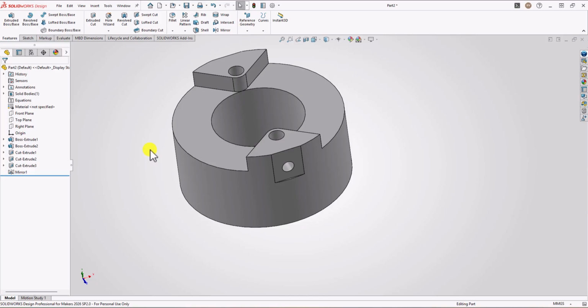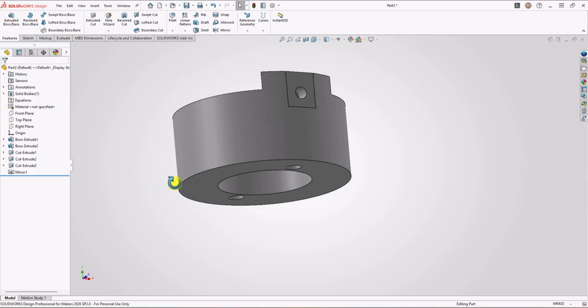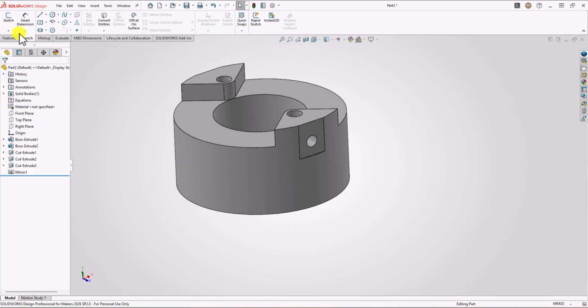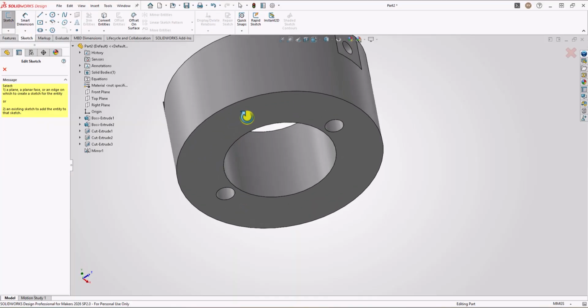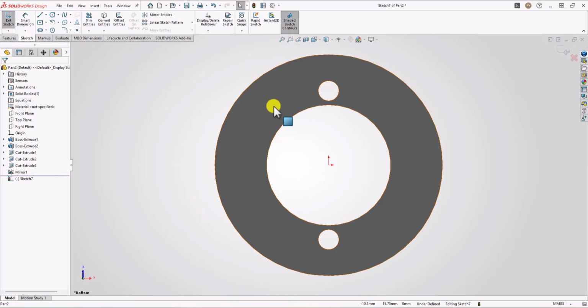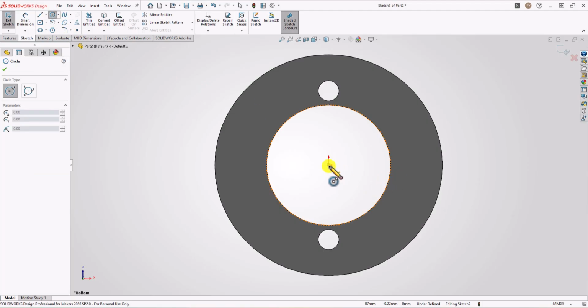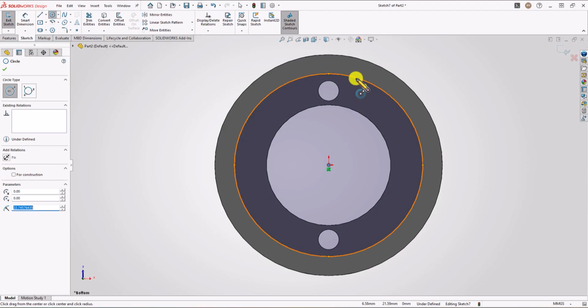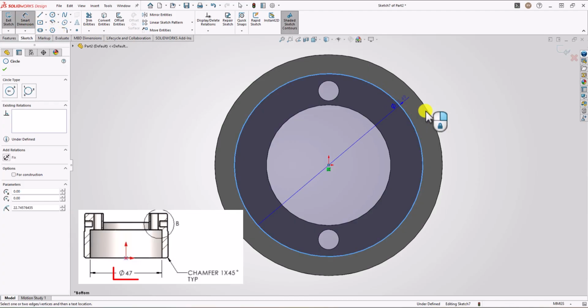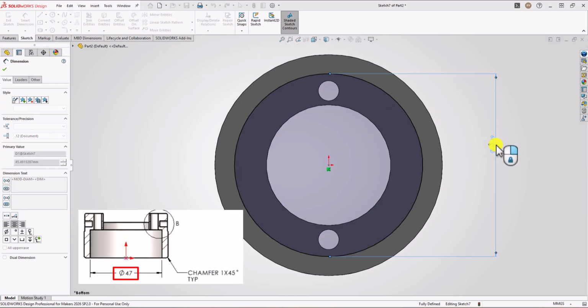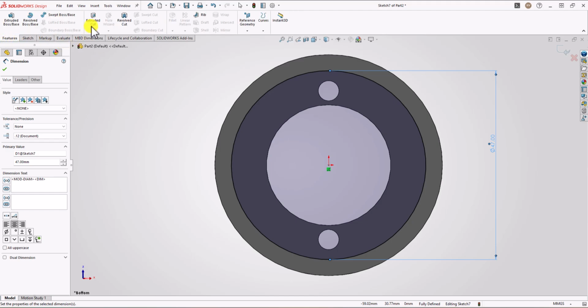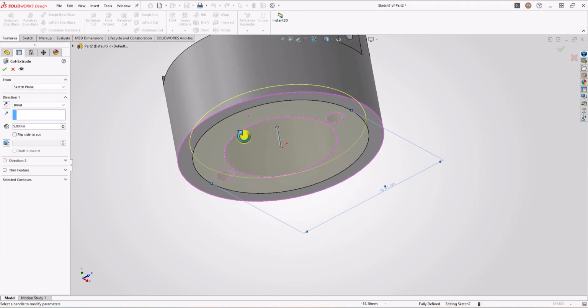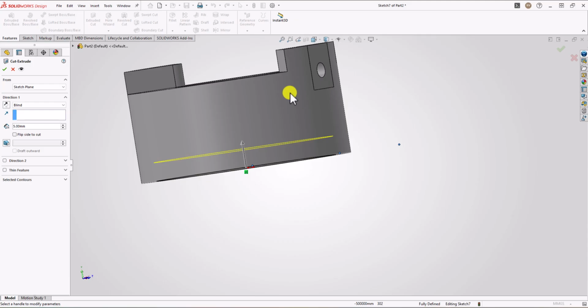Now it's time to make a cutout on a bottom part of the geometry. Click on a sketch, and rotate the geometry and select this bottom surface. Here, click on circle command and let's make a circle. The diameter of this circle should be 47 millimeters. So this should be 47. Click on feature, click on extrude cut. And now for the depth of the cutout,